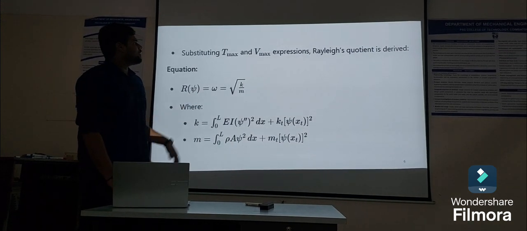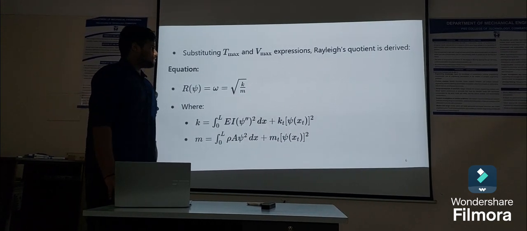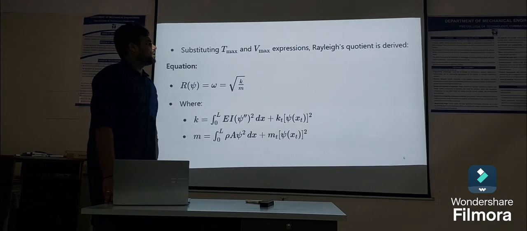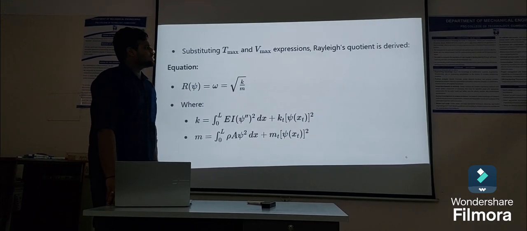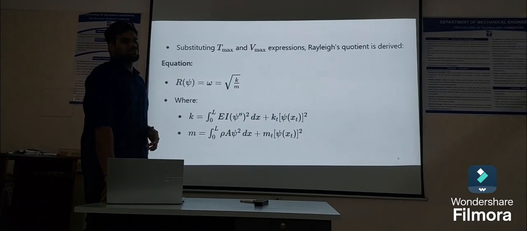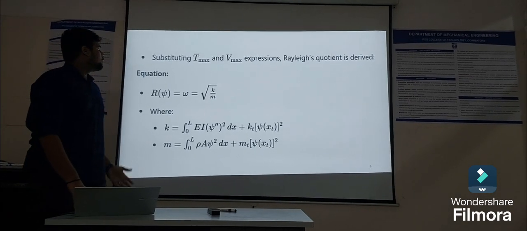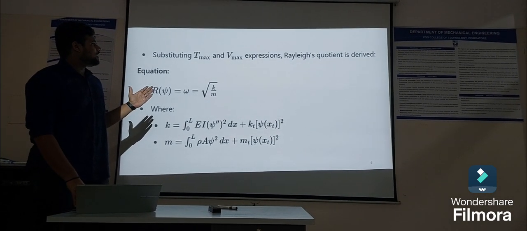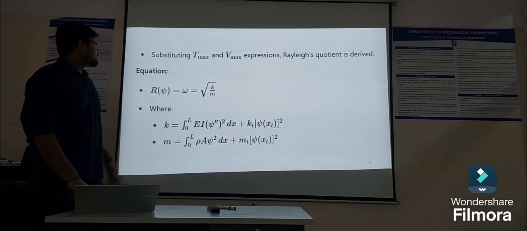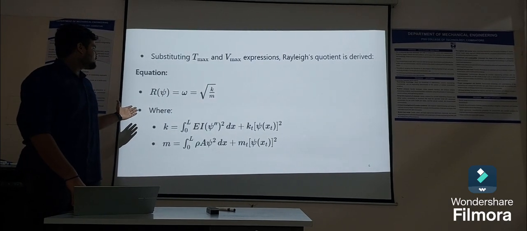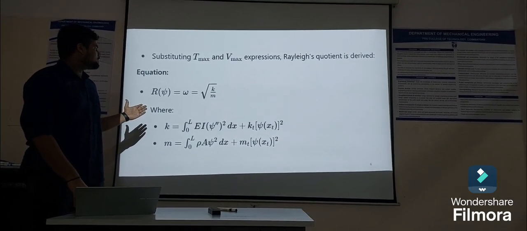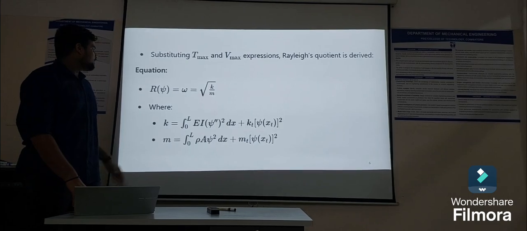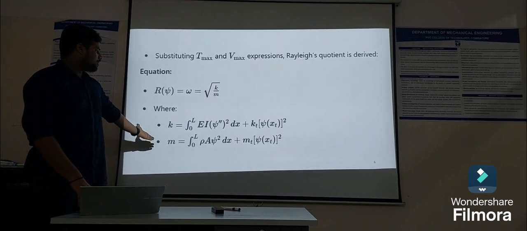Substituting T max and V max expressions, the Rayleigh's equation, Rayleigh's coefficient is derived by substituting T max and V max expressions. The derived equation is R of psi is equal to omega is equal to square root of k by m. The formula for k by m